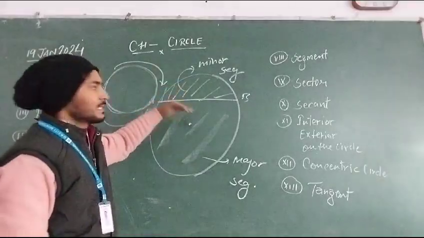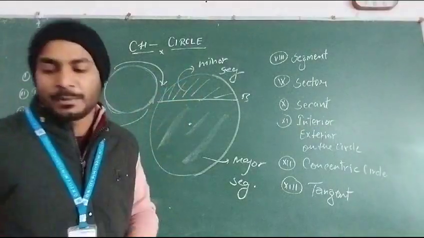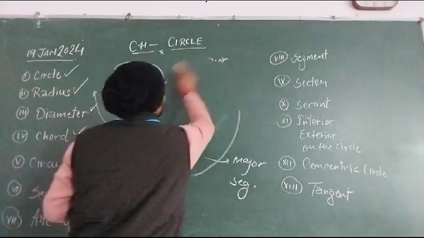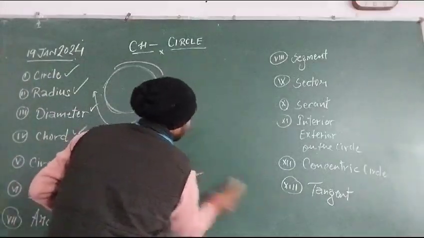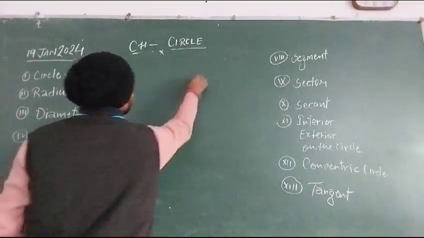The chord of the circle divides the circle in two parts. The first part, the smaller part, is called the minor segment and the greater part is called the major segment. And another thing from here, what we can draw, that